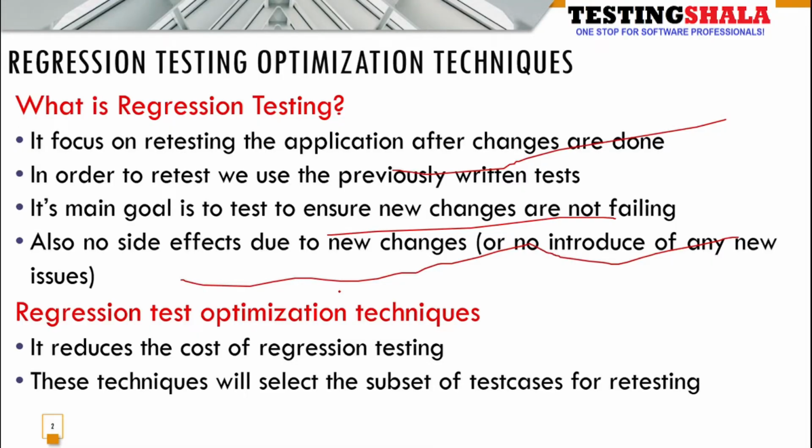Just to summarize, with these two regression testing optimization techniques, we can reduce the overall effort required to execute the test cases. That is number one. The second is that it also helps us reduce redundant test cases, because we have done a lot of prioritization in consultation with all the stakeholders. In that way, we remove the redundant test cases from the regression testing execution.